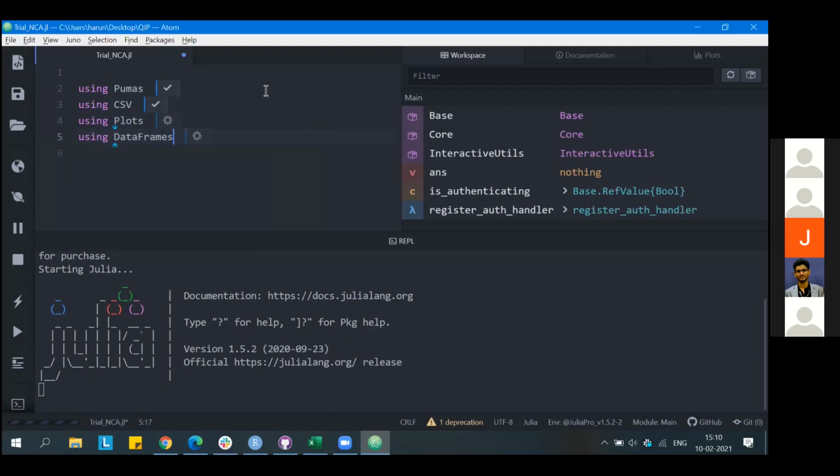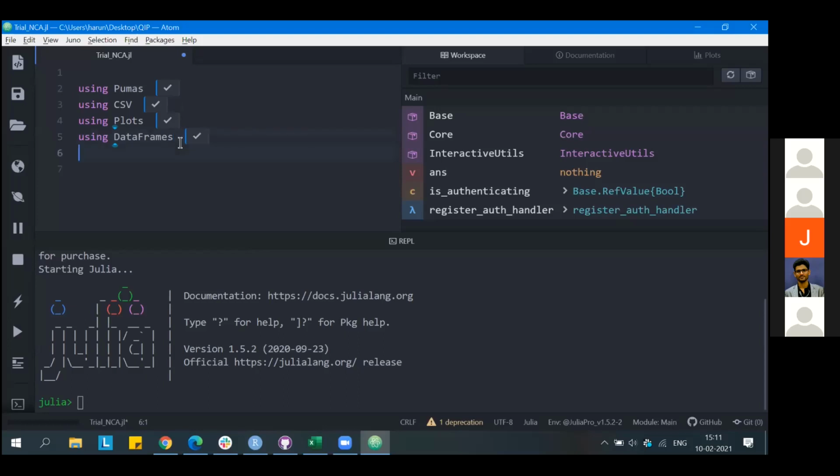So I have just typed in all the necessary packages so that we can start with the analysis. Once the execution is done, you'll receive a tick mark stating that the run was successful.